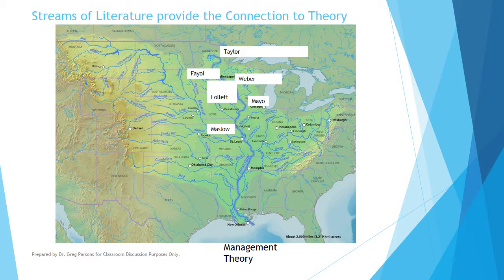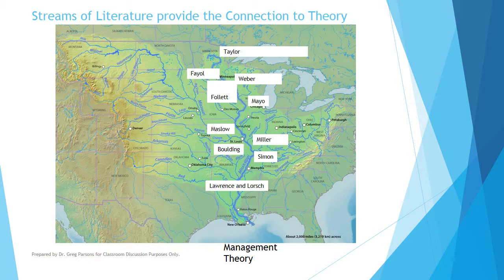Abraham Maslow entered in with the idea of workers needed to be motivated, so he began to do work in human motivations. Miller came in with systems theories in the 1950s, and Boulding contributed to that. Herb Simon also worked with systems theories, and more recently J. Lawrence and Lorsch contributed to contingency theories of management. Okay, so if you follow the stream from the 1800s up to current times, you'll find a whole series of different authors and writings from those authors that produce this, what we would call, stream of literature.